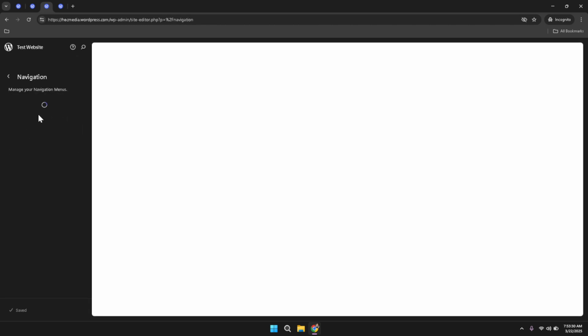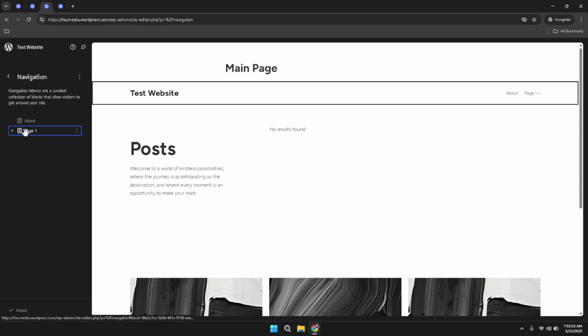Within the navigation editor, you now have access to a straightforward drag and drop functionality. This feature empowers you to reorganize the order of your pages and posts with ease. Simply click on the blog post or page that you wish to move, hold down your mouse button while dragging the item to your desired position, and then release the mouse button to set it in place. This method is both flexible and efficient, and it allows you to prioritize your content exactly as you envision it